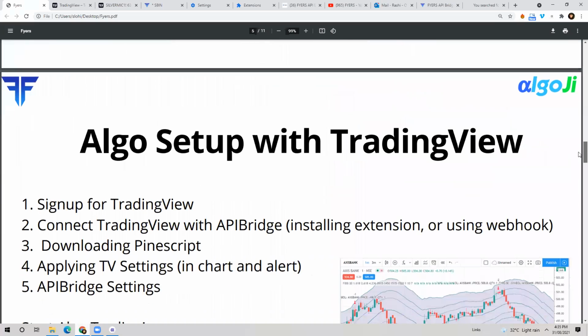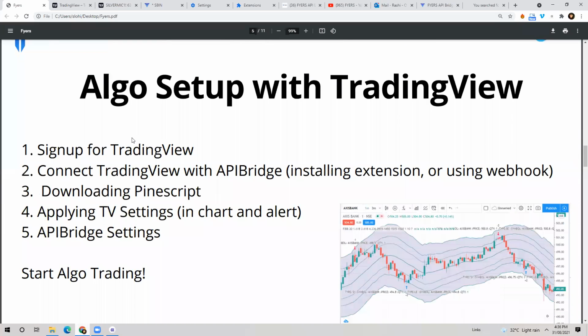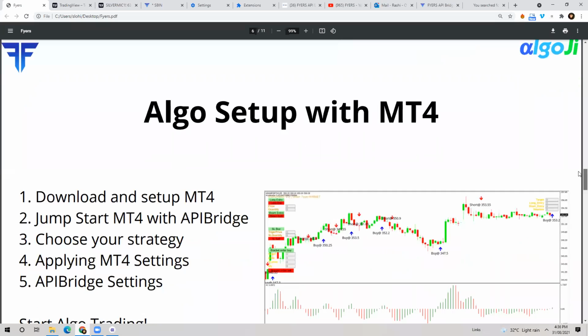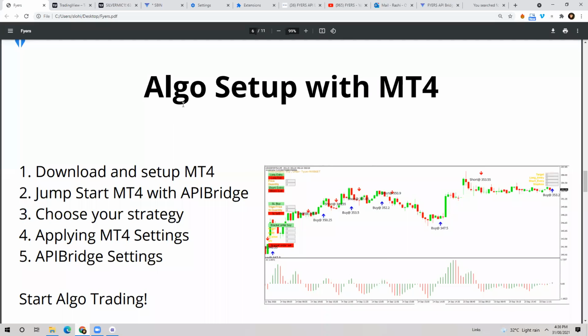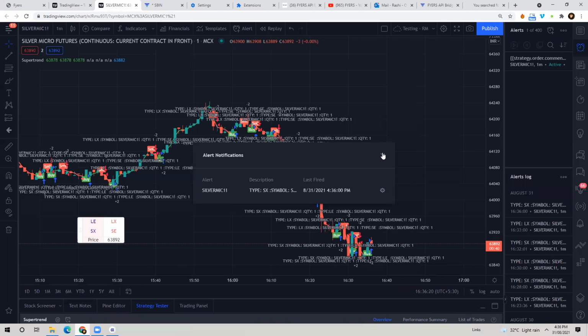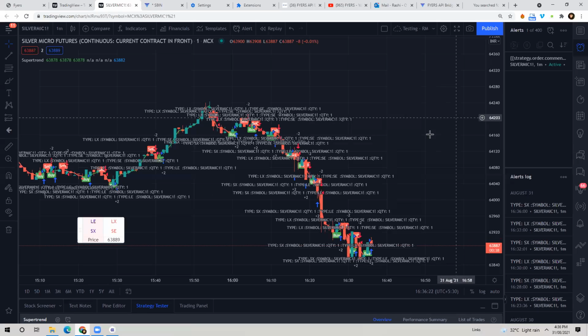Now, Algo setup with TradingView. We have already covered this. I'll scroll to the next slide, which is Algo setup with MetaTrader 4. Now, this was with TradingView. Coming to how we can set up automation with MetaTrader 4, I'm just going to